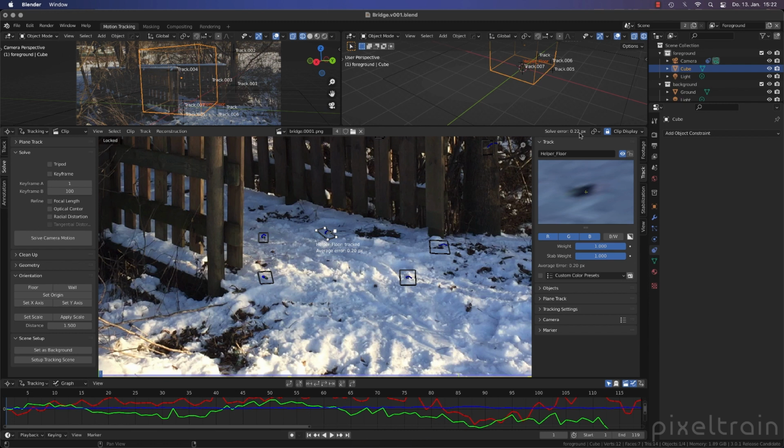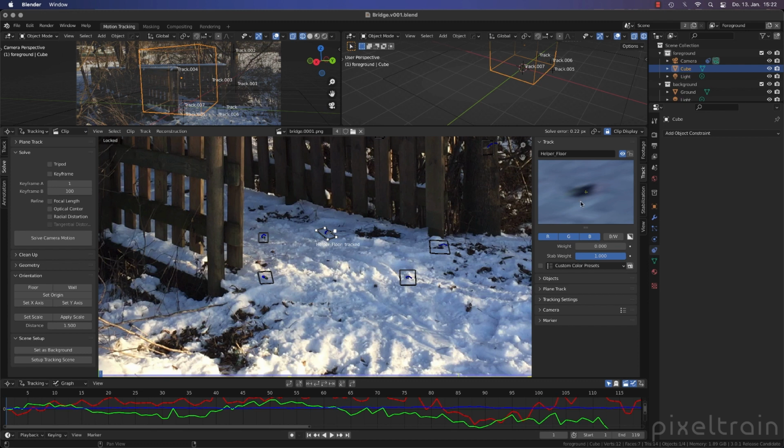In our case, not great. This tracker is good. But sometimes the solve error goes up because this is a really bad tracker. What we can do instead, so Command Z, is I go here and set the weight to 0. This is the weight, how much of the result of this tracker is used for the solve.